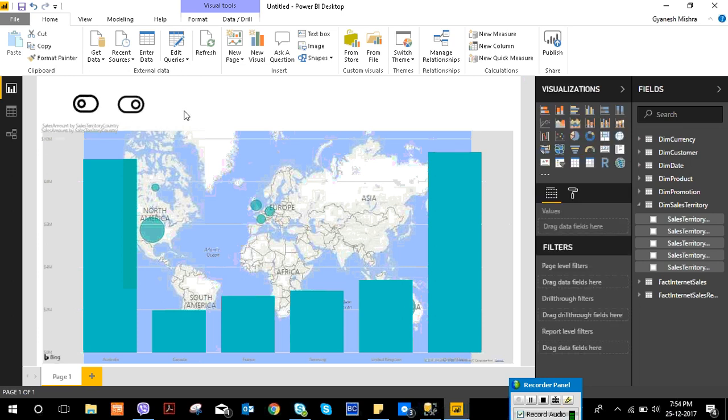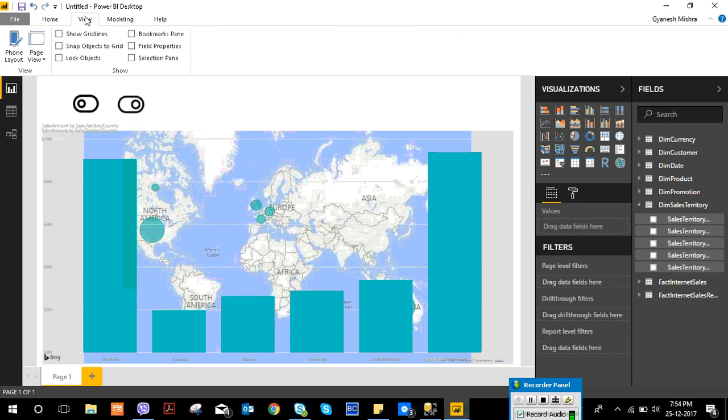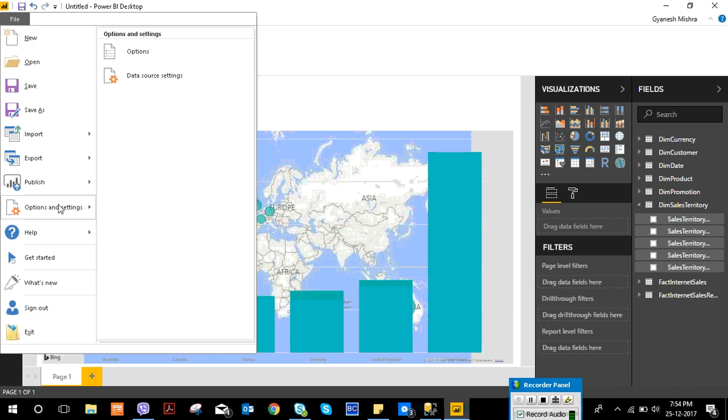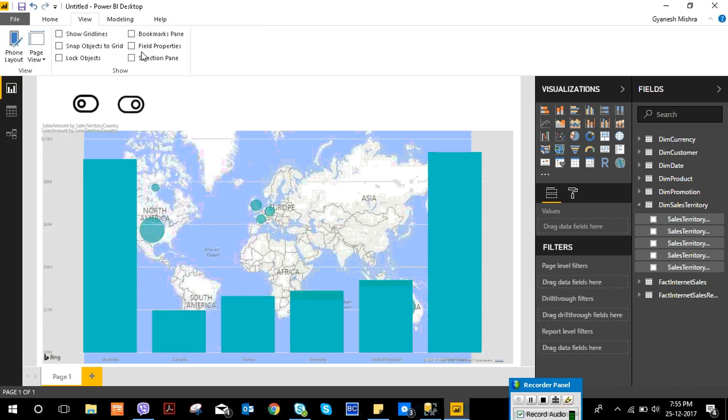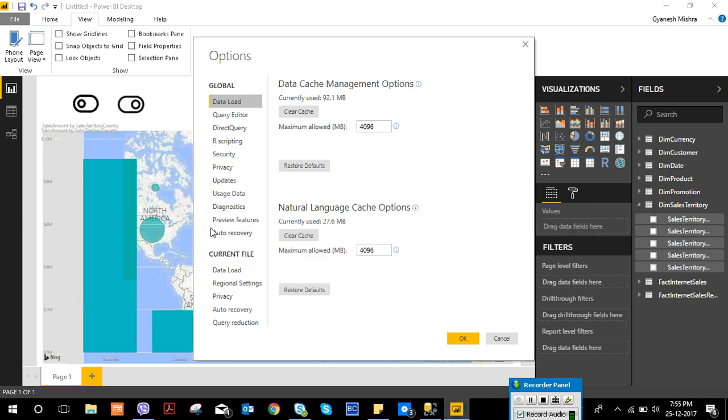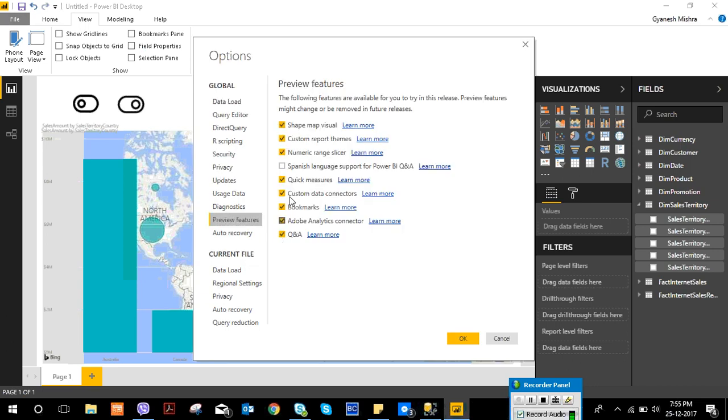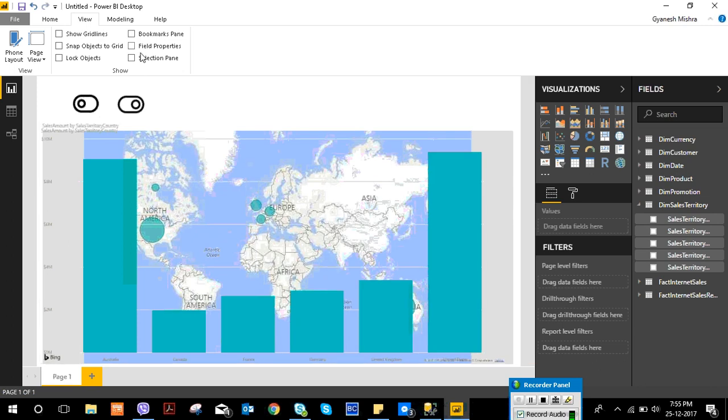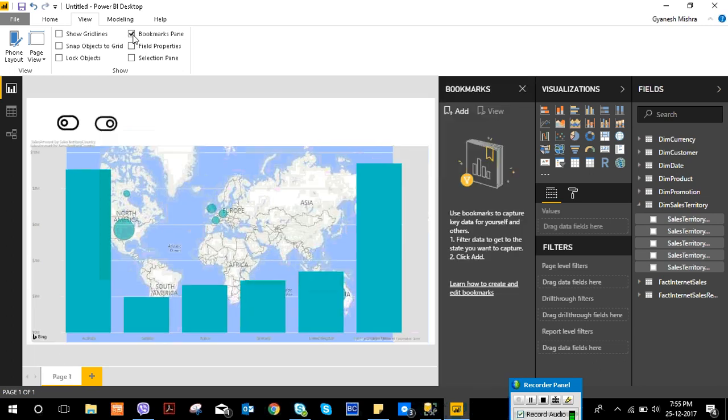Now by default, there is a possibility you might not see this bookmarks pane over here. So what we will do is, we will go to File, Options and Settings, Options, Preview Features, and you can get it from here, like Adobe Analytics and bookmarks and custom data connectors and Q&A. So choice is yours. You can also take it from here. Now click cancel. I'm clicking cancel because I already have that, and I'm going to open the bookmarks pane, and